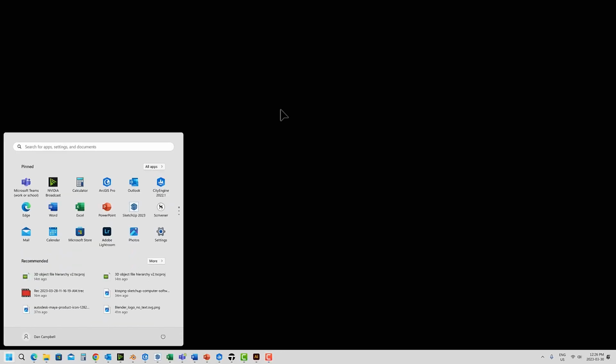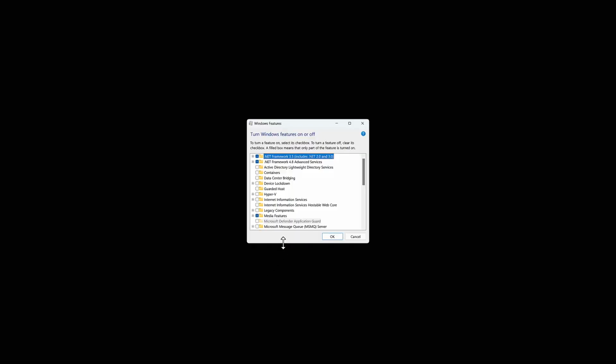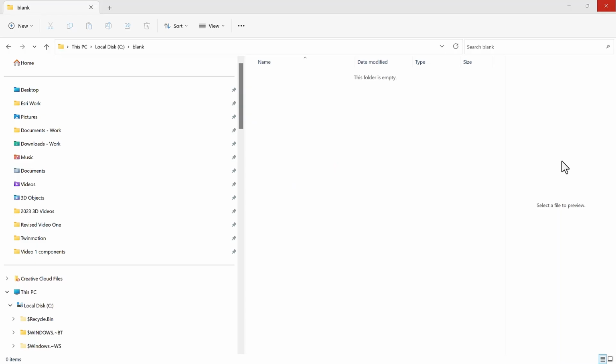Let's walk through the process. The first thing you need to do is to turn on some Windows features. What you actually want to search for is something called Windows Projected File System. In my case, it's already on. In your case, you may have to activate this. Once it's enabled,